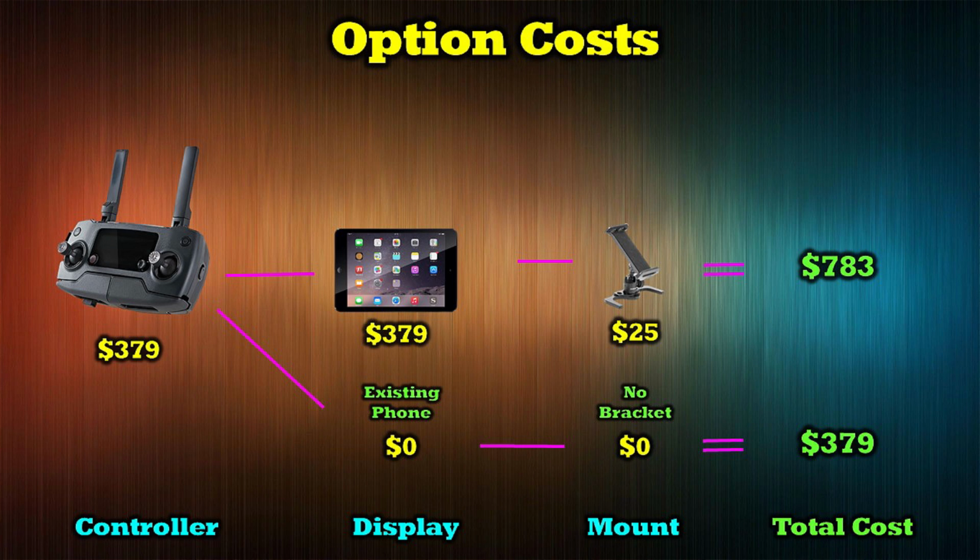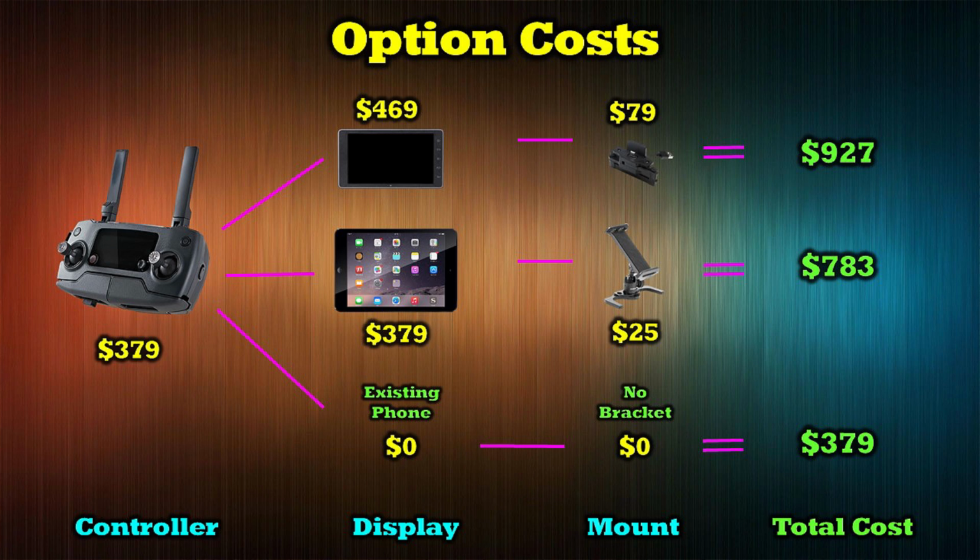But let's say you really want a bright display and you go for a Crystal Sky monitor. Now, we've priced this out with a 5.5-inch 1,000 nit display, which is brighter than any tablet or phone that's on the market today. That'll set you back $469, but you also need a specialized mount to attach that to the controller, which is another $79, which brings that high brightness solution up to $927 compared to the other two